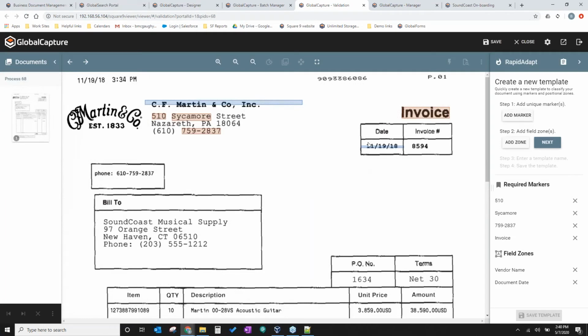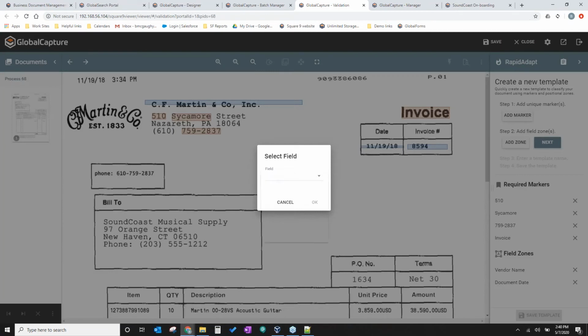So this is not really zonal OCR. What it's doing is, as long as the text is touching that line, it's going to recognize it and automatically build a box around that text. So it's different from the old days with zonal OCR, where it had to be exactly on top of it and exactly in the right place every time to extract that data.